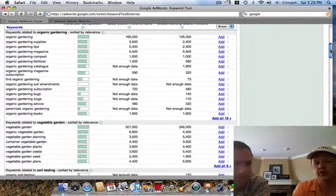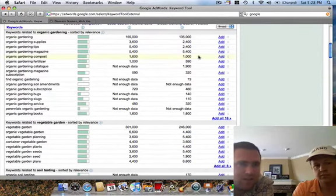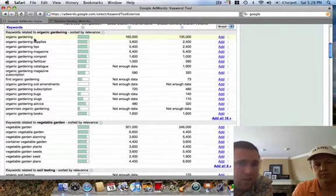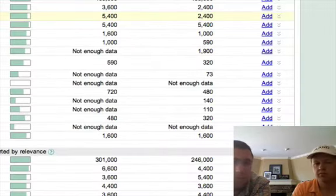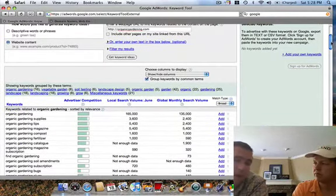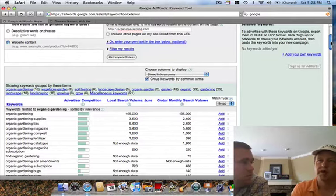So some of these keywords are buy keywords, and other ones are more information gathering keywords. Exactly. So what is it that our users are looking for? In this list, what comes to my mind is the organic gardening, and that's going to be next to impossible to own that niche. However, if you go to organic gardening tips, then that's pretty reasonable. You can get some really good marketability in that. And that's people looking to take action right away. They may buy, they may just be looking for information, but if you present the right thing to them. So what I want to do then is, in picking my domain name for my website,